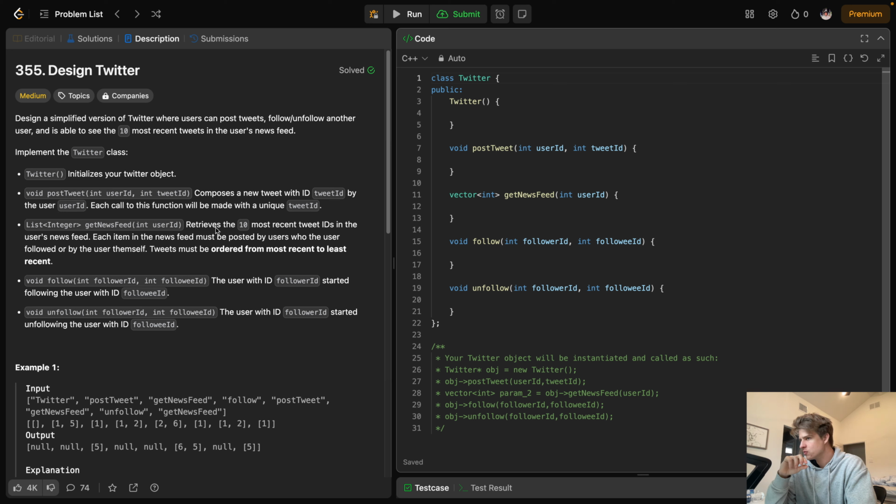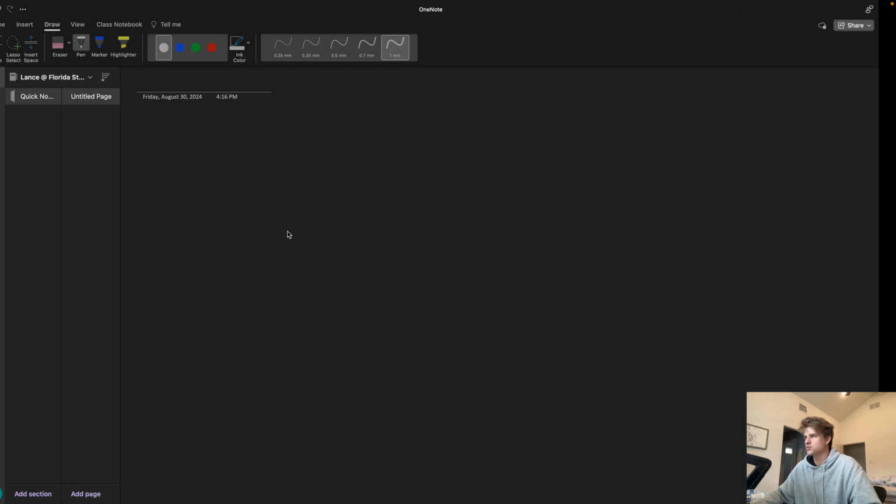We've also got the follow and unfollow functions, which do basically exactly what they say. So yeah, let's think about getting the news feed, right? We're basically going to need a way to efficiently get the 10 most recent tweets. In terms of the news feed, the way that we'll solve it is we'll just have